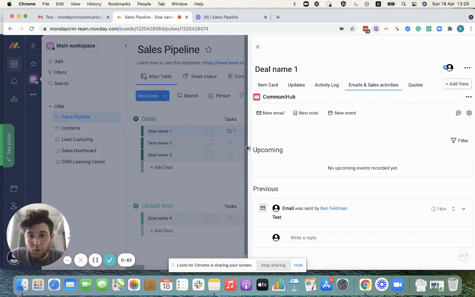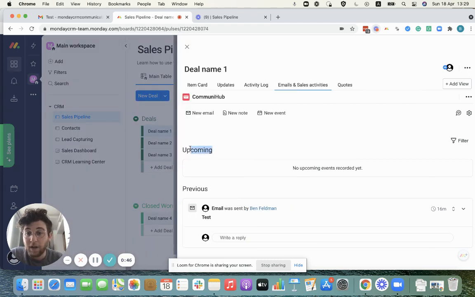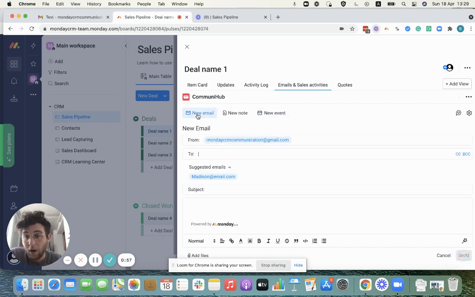Once you add the widget, you will see this view. Now, in this view, we basically have three options. We have new email, we have new note, and we have new event. I'm going to talk about each one of them specifically. For now, let's click on a new email. Now, as you can see, once we've linked it to our specific email address in which we want to communicate to our customers, it will automatically populate itself in the From section. The To section can be written manually yourself